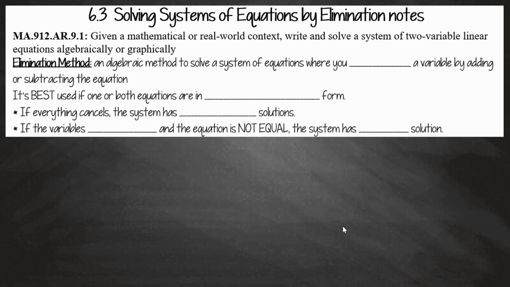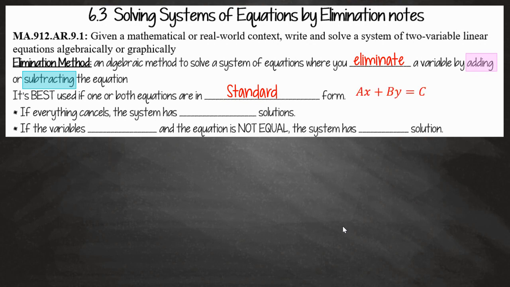So the elimination method is an algebraic method to solve a system of equations where you eliminate a variable by adding or subtracting the equations. It's best used if both equations are in standard form. And one thing to keep in mind is that if everything cancels, so you end up with the x, y, and